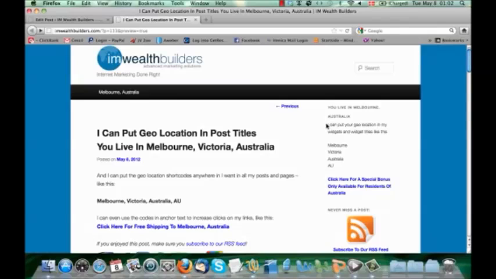I also used it in a text HTML widget on my sidebar here, including in the widget title. Works perfectly fine there, in the widget itself, and in a link in the widget here, where I have another great conversion strategy, where it says click here for a special bonus only available for residents of Australia. And obviously that will be resolving to whatever country your visitor is in. It just makes it seem like they're lucky today. They're getting free shipping because they live where they live. They get a bonus because they live where they live.